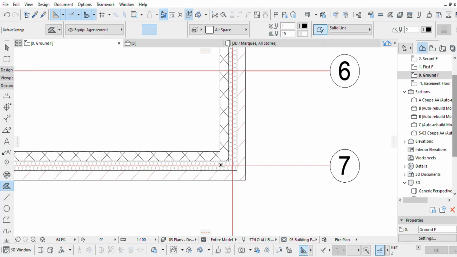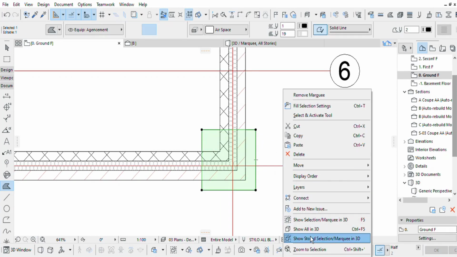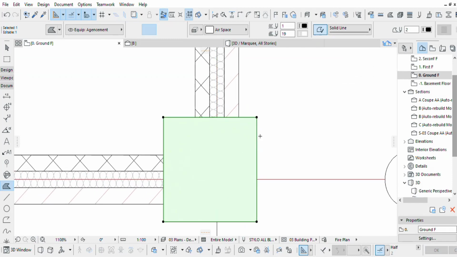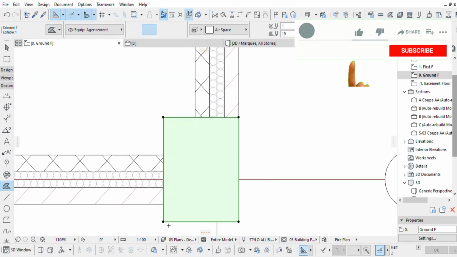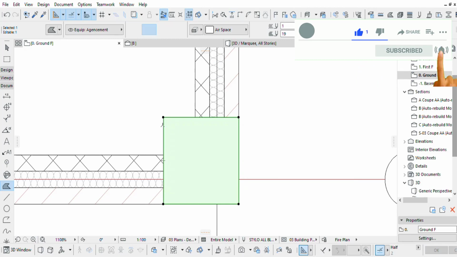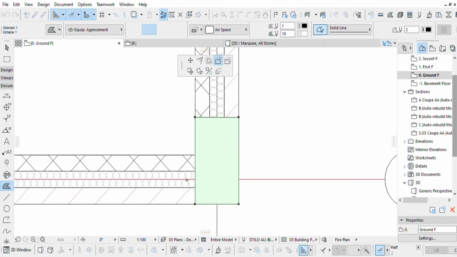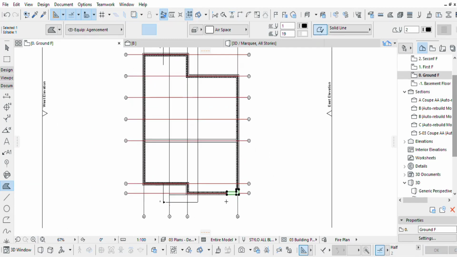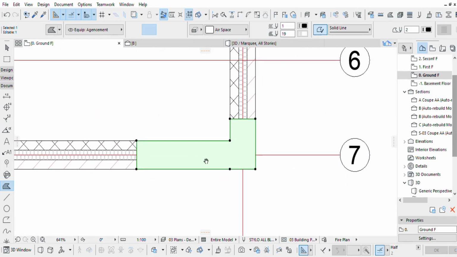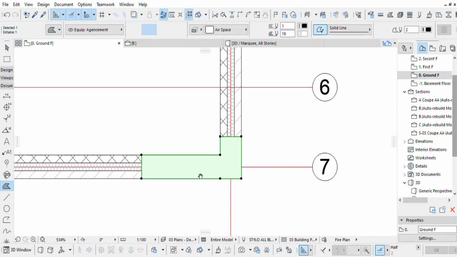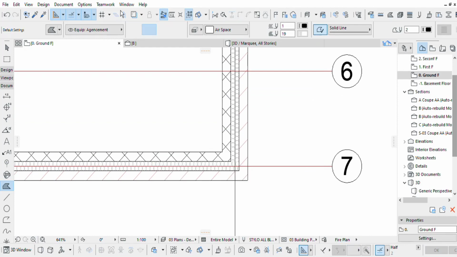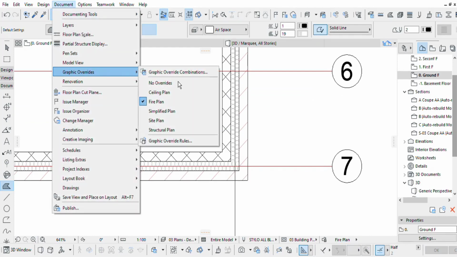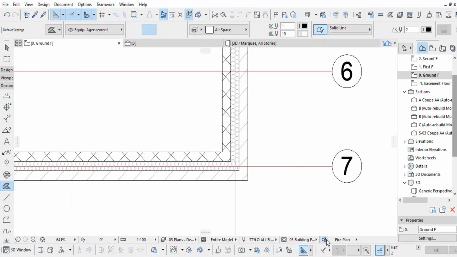I've seen some people using basically the fill tool, which I don't really recommend to anyone as it's time consuming and it's not accurate. There you go, and then you go all the way around. That's basically half of a day if you do that one by one. And if you have, let's say, a building, you don't want to really go through it one by one, but instead you go to your document and then graphic override, or you can just go basically from this window